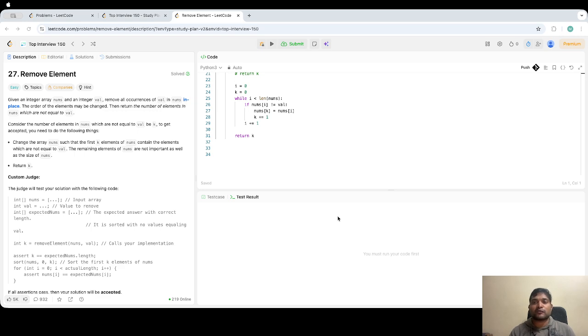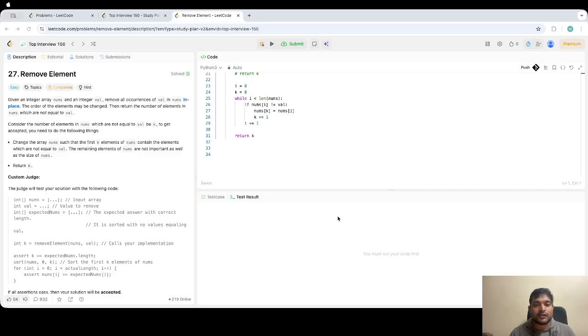I'm pretty sure most of us will get the same approach as soon as we see the problem. First we're going to implement that, and then we're going to see what the problem with that brute force is and what other optimized approaches we can take. There are a couple of optimized approaches we're going to look into after the brute force implementation. First of all, for the brute force, we're going to loop through the entire array, using a while loop or for loop, and we're going to check if that element